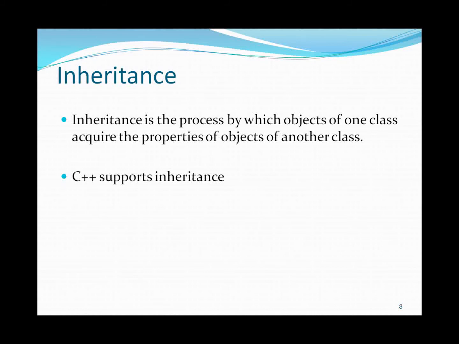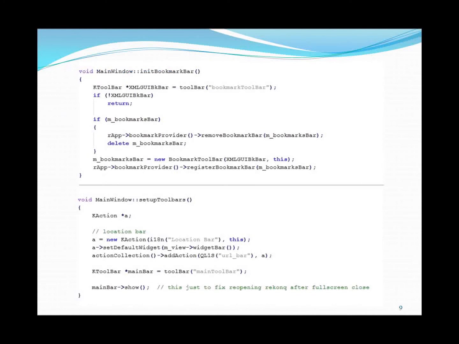It's a very good feature in object-oriented programming, and C++ also supports inheritance. That's the best part of this. So we can use code which is used by another class. That means we are following the parent-child relationship in this inheritance concept. So if we go further and check how it is done